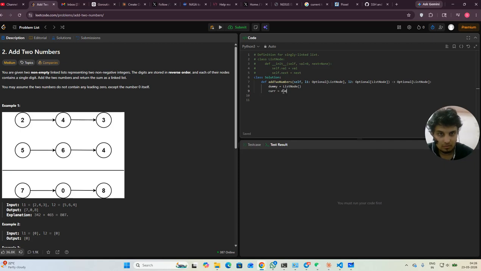Okay, the current pointer, and now we're going to iterate through the list, and how we're iterating through them is while either of them have digits. So when our algorithm runs, when either L1 or L2 has got digits, so we can write while L1 or L2, then our while code, then we do something inside. So while L1 or L2, what we're gonna do is v1 is equal to L1 dot val,